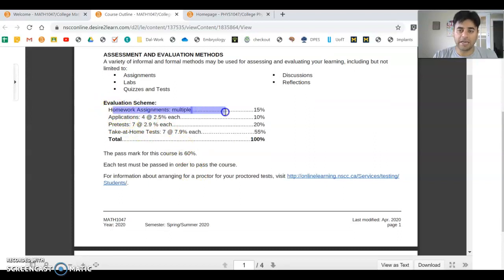The homework assignments are worth 15% on My Math Lab. The application assignments, there are 4, which are 2.5% each. There will be pre-test as well as test. Pre-tests are awesome. I love pre-tests. I'm so excited about pre-tests because you get 2 attempts and you can just find out what the test is